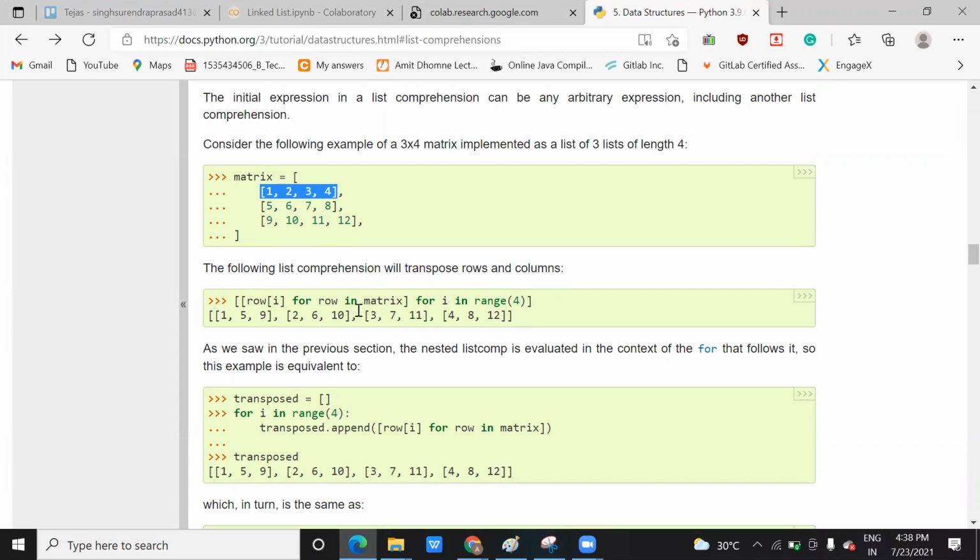You have three rows. When you want to do the transpose using list comprehension, how do you do that? The first outer one is your list. Inside this you have another list, that is this one. And here you are reading each and every row of this matrix variable, or you can say matrix 1.